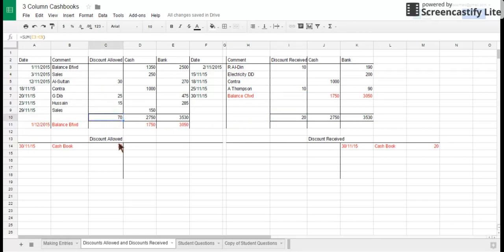We put the totals on the same side in the ledger accounts. So the discounts allowed have got the A on the left-hand or debit side of the cash book, and on the left-hand side or the debit side of the discounts allowed account. Discount received has an I on it because it's an income. It goes on the credit side. Put it on the credit side or the right-hand side of the cash book, and the credit side or right-hand side of